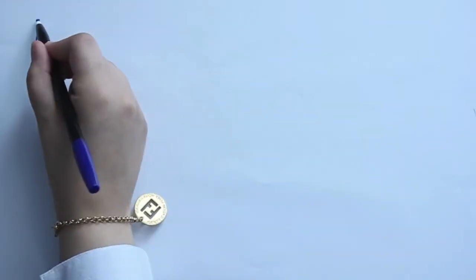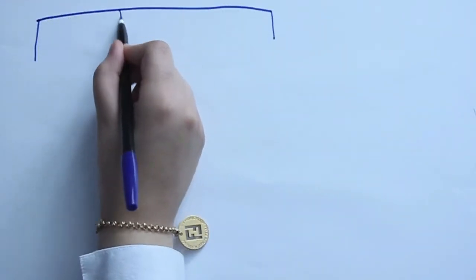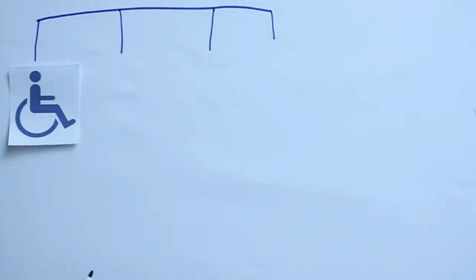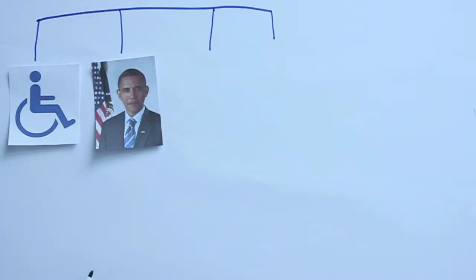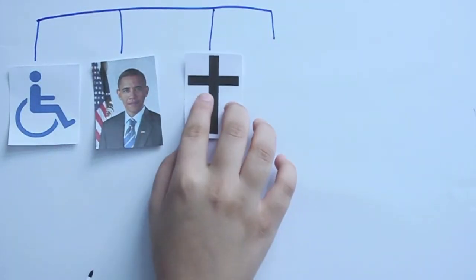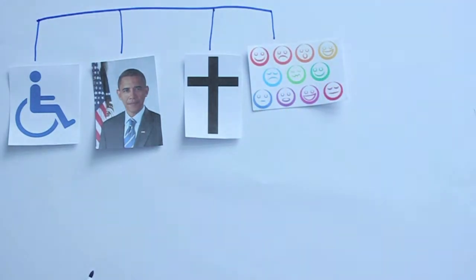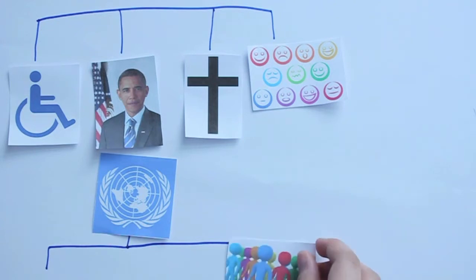Today we're going to discuss discrimination in the United States and internationally. Discrimination is a set of actions and beliefs that separates people according to their abilities, races, religions, or even personality. But according to the United Nations, discrimination is any distinction, exclusion, restriction, or preference based on race, color, descent, or